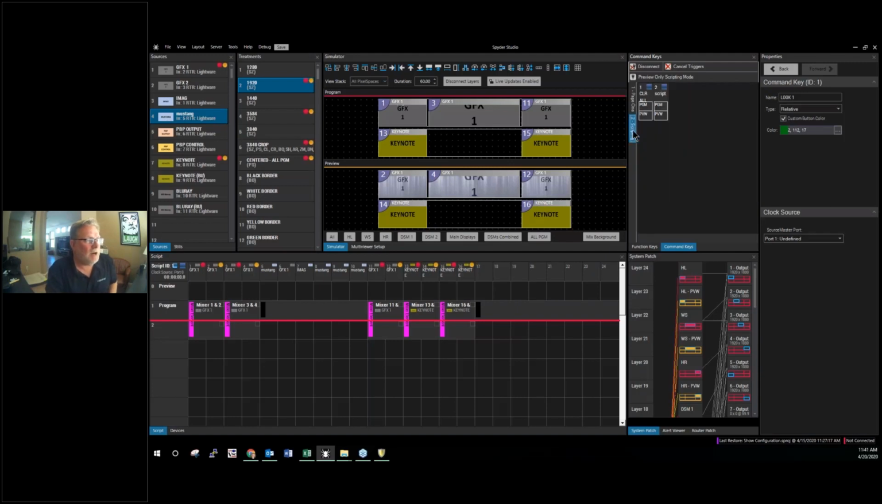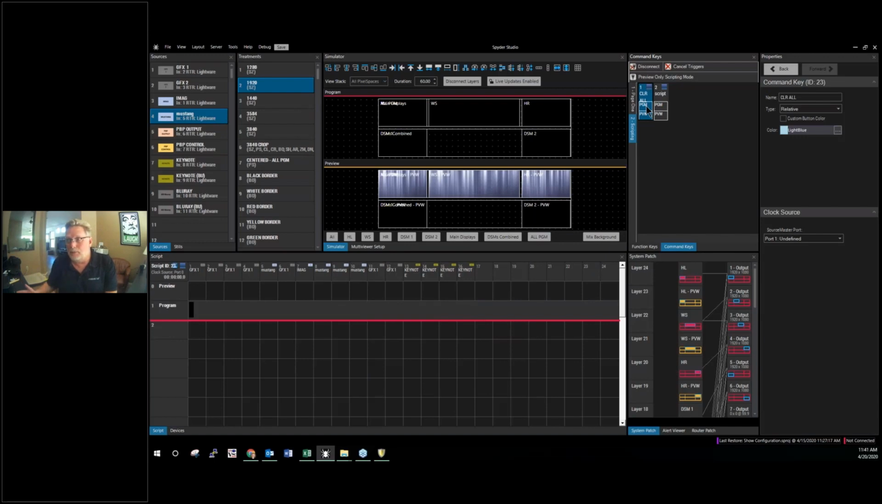But you want to be cautious with that, making an entire event based off of one command key and a bunch of cues, okay? So,